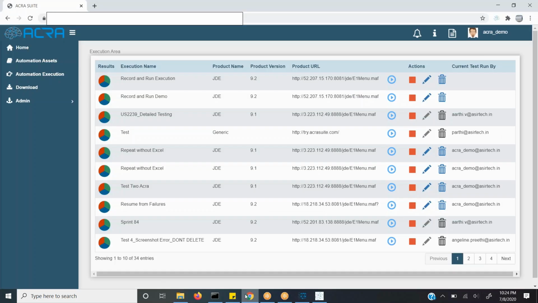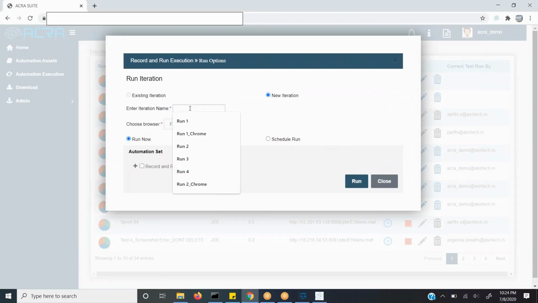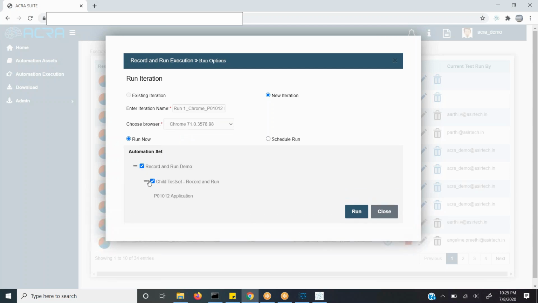Navigate back to the automation execution page. Click on Run Test icon. Enter the iteration name, choose the browser, select the automation set, and click Run button.